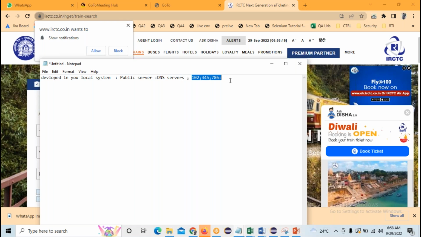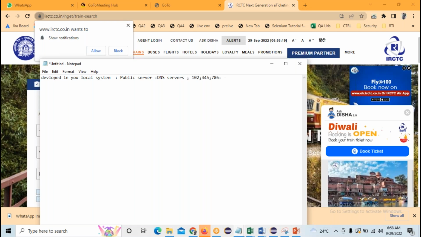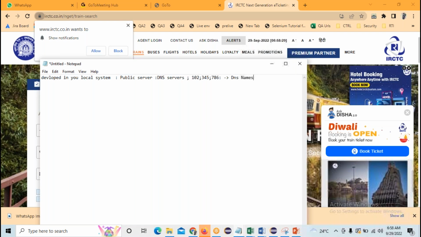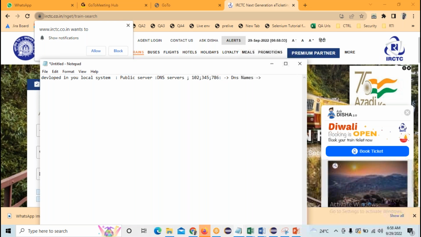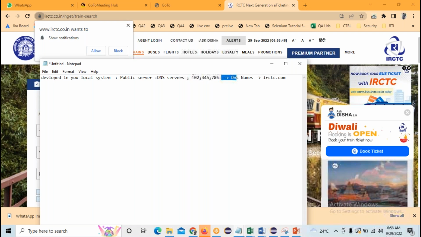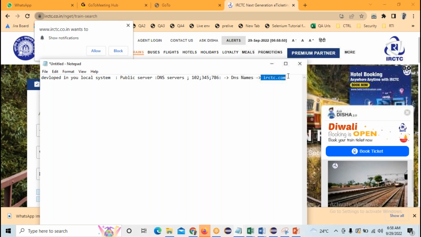I think many of you know GoDaddy and all these things, right? We have to map the IP address into the domain name, irctc.com, because you don't remember these numbers every time, right? At that time we convert those numbers into catchy names which the user can access and remember easily. I hope that's clear. Yeah, got it. Clear?